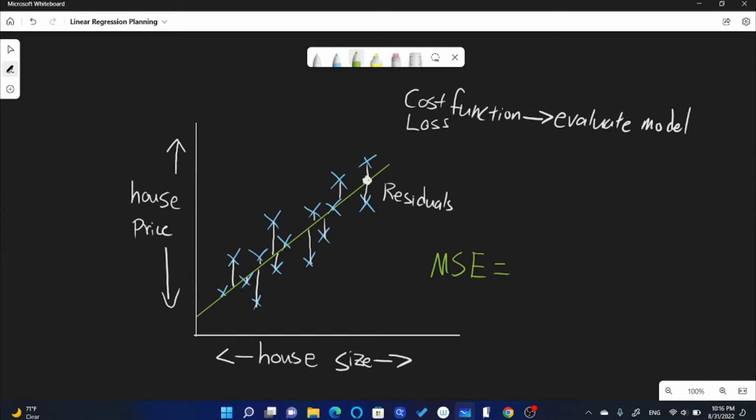It's basically the mean of the sum of the error, and the error in this case is, you'll see when I write down the formula. So 1 over 2m times the sum, i equals 1, and then predicted value minus